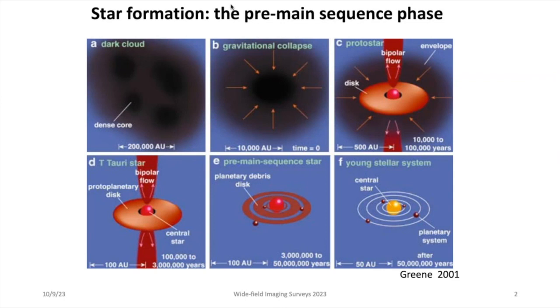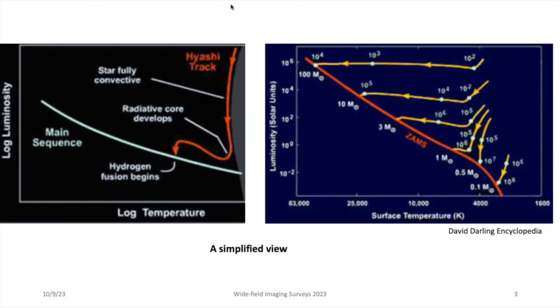And over time, once the star gains mass, it goes along this track shown here. And when it gains enough mass, it can start nuclear fusion in its core. So there exists a small period of time, say a few million years, since the star has formed, that if one captures it before it falls on the main sequence, you get a snapshot of the star